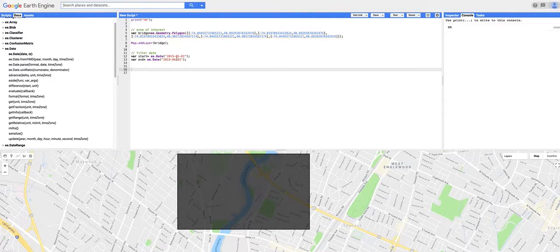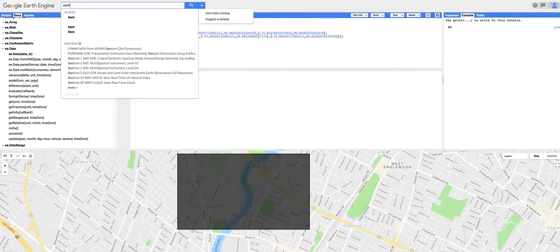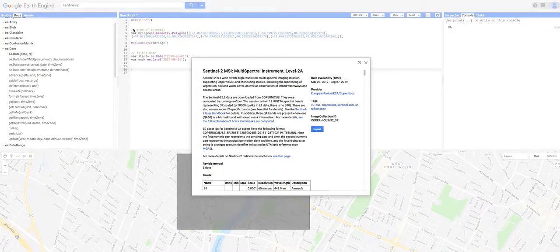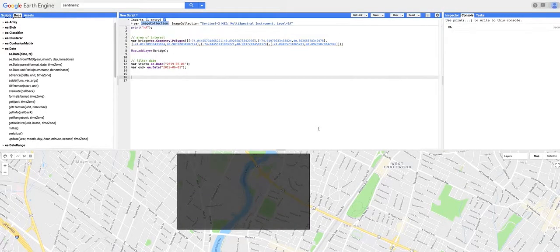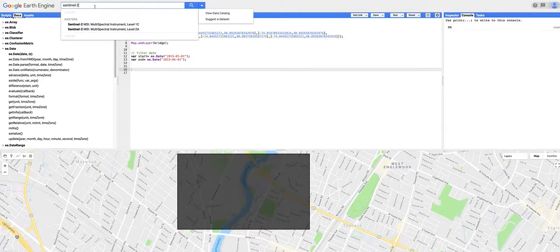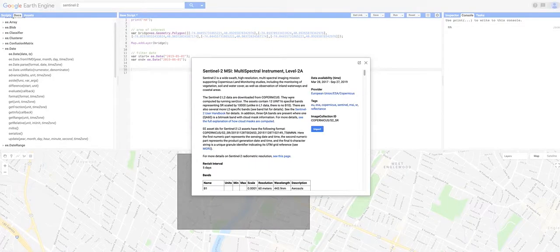So there we're gonna search for Sentinel-2, Sentinel. Here we want to look into the level 2 as well. Don't click on the import here. You can import it, but if you import, it's gonna come up as an import layer. So that won't help you as a variable. So let me just delete that, erase that, and then go back to the Sentinel-2, and just,